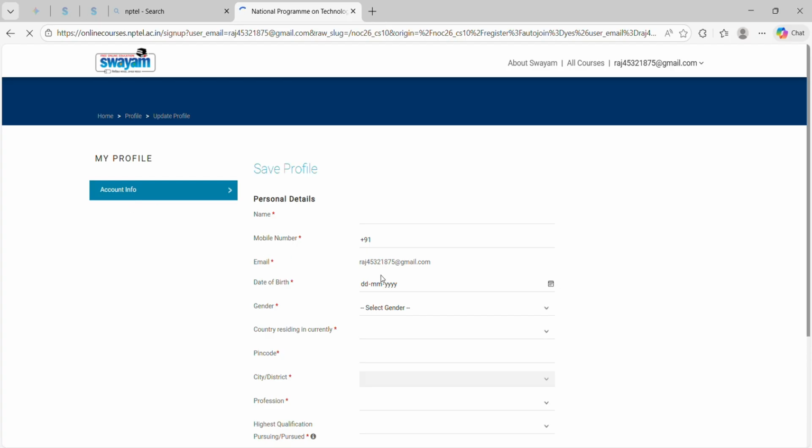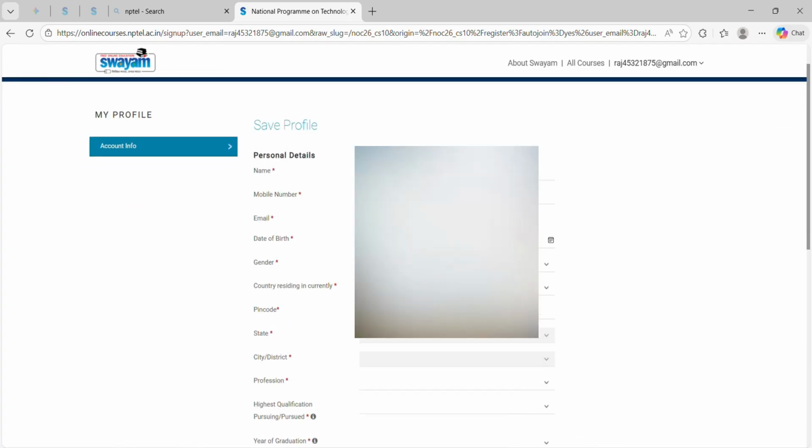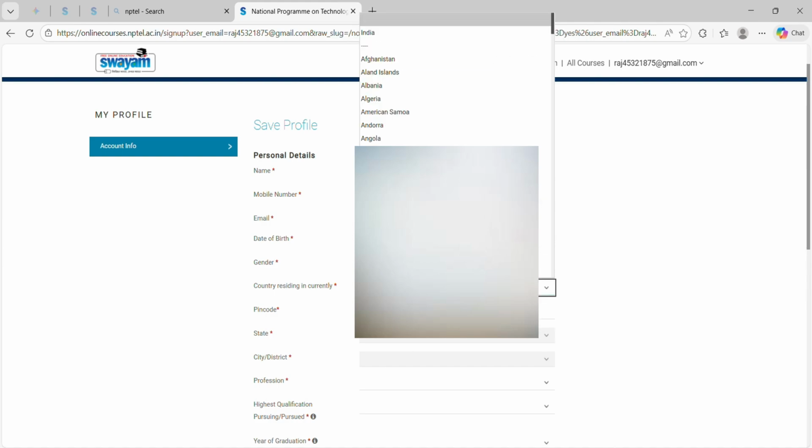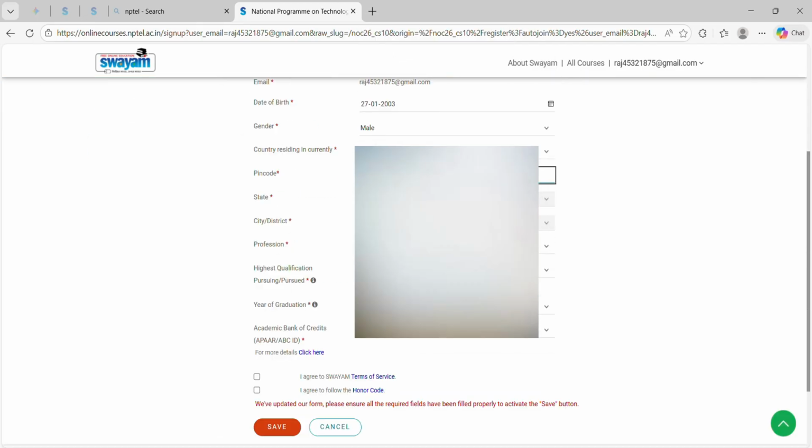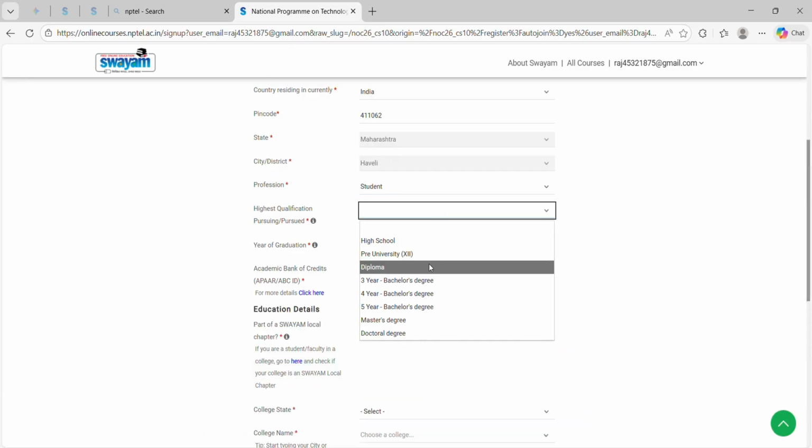Here are the basic details you have to fill up to enroll in the course. First of all, write your name, your phone number, your mail ID, your date of birth, select your gender, currently residing in India, fill up the basic details as per your profile, profession, student, higher qualification, master degree, year of graduation,